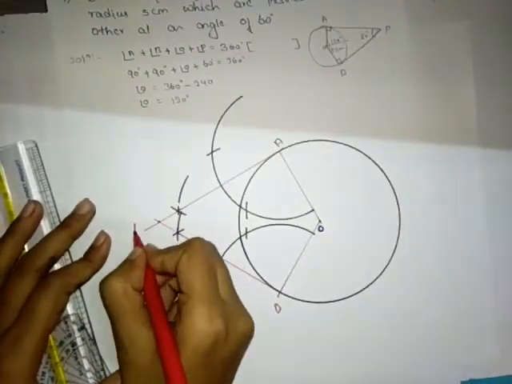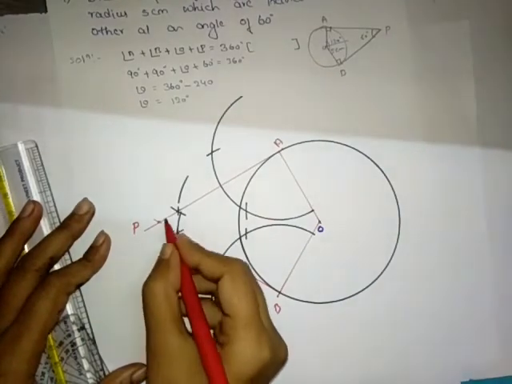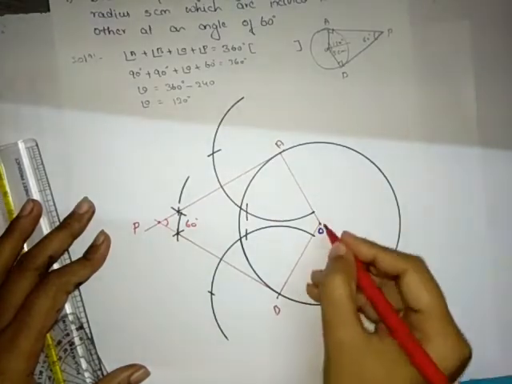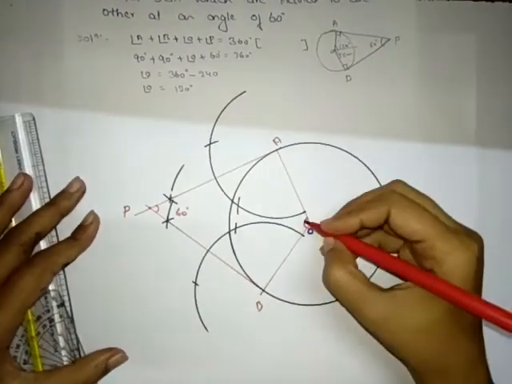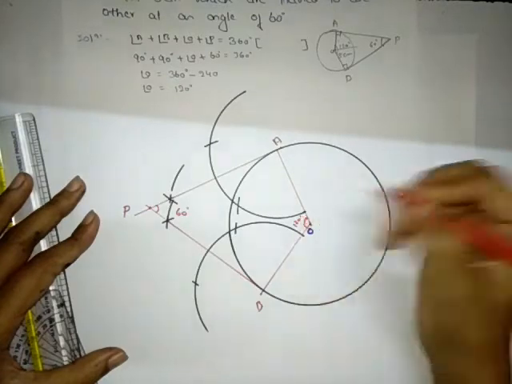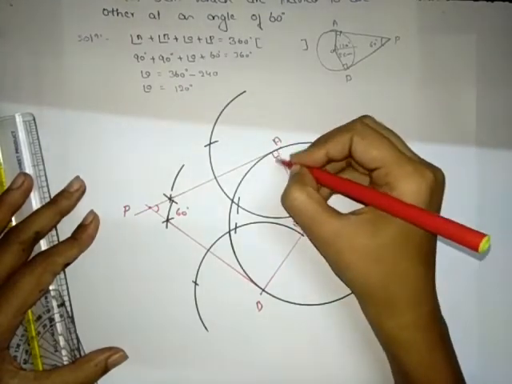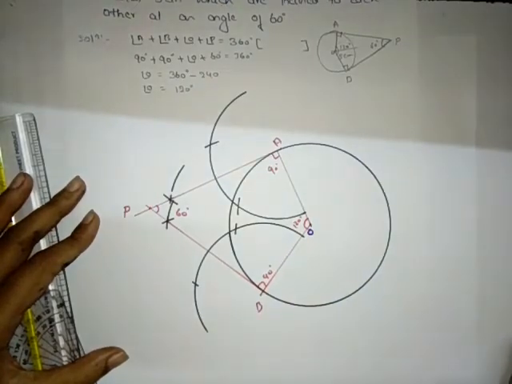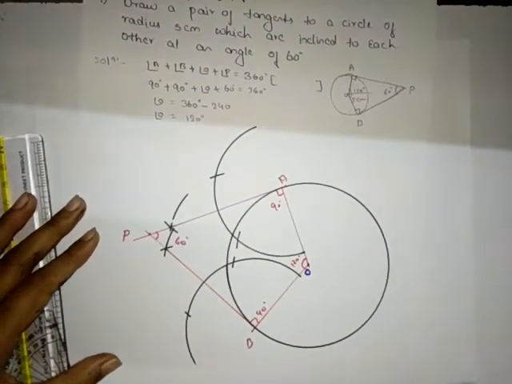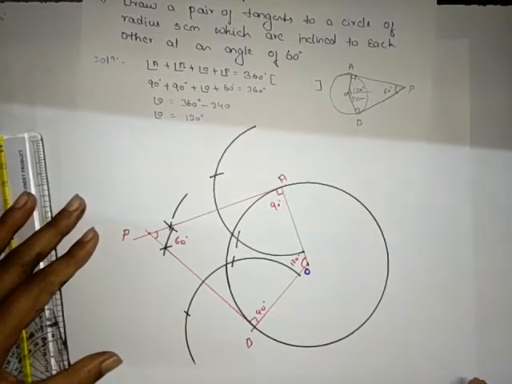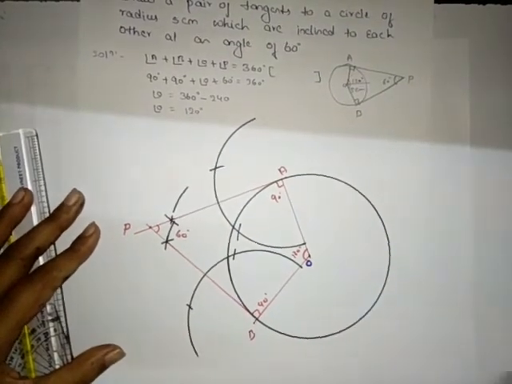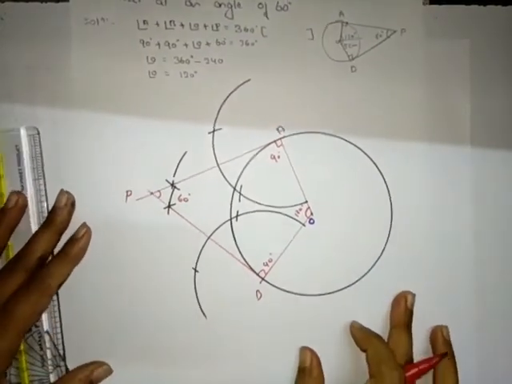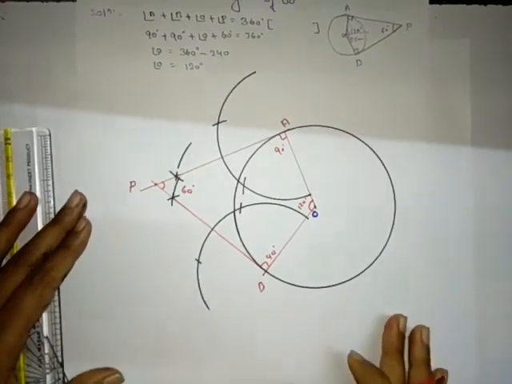This point, let us call it P. Right? You can measure that this is making an angle of 60 degrees. And we plotted the angle of 120 degrees using the protractor, isn't it? Now this is 90 degrees and this is also 90 degrees. Thus we constructed the tangents using one angle here. This is a very important question. Learn it carefully, right? Next, the justification is homework for you. You need to do it.